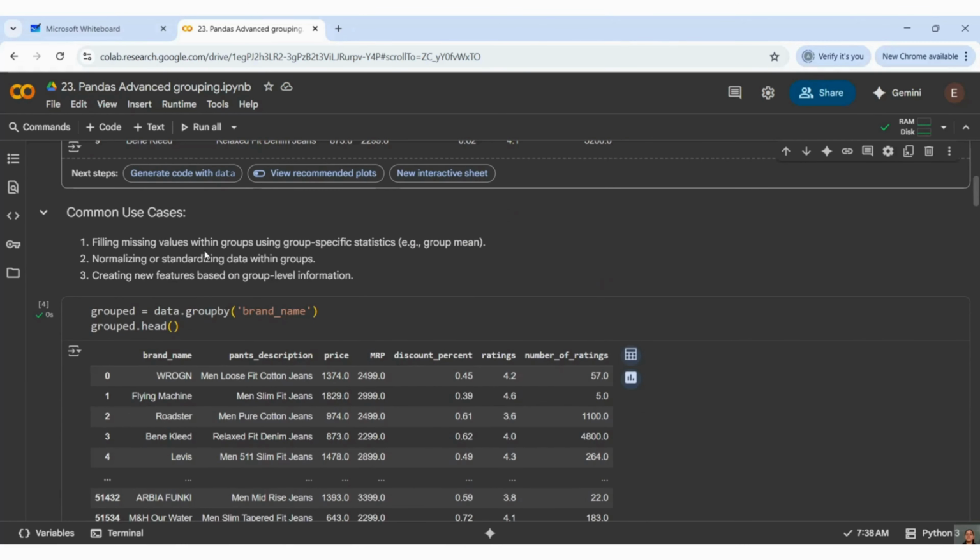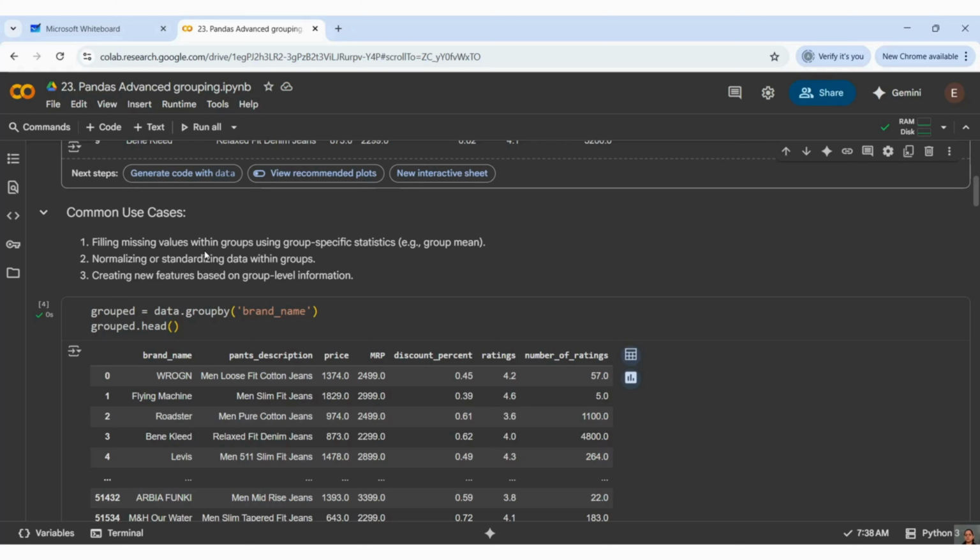There are common use cases for why we are performing this. One is when you have many missing values and you want to fill them in using group statistics.